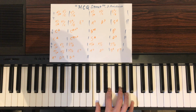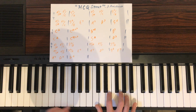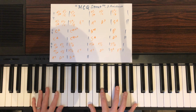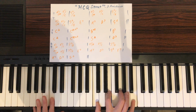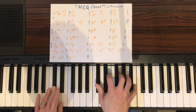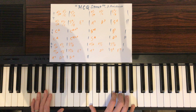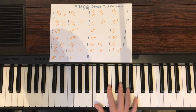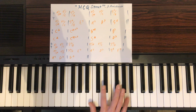and I said that it sounds like Mac DeMarco harmony to me there. I can hear that as Mac DeMarco. The Mac DeMarco police. Sorry, you guys will come for me. C major 7, C sharp diminished 7, G major 7